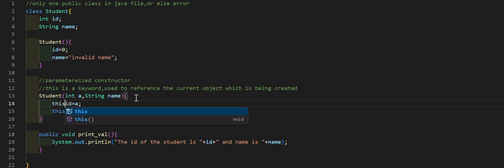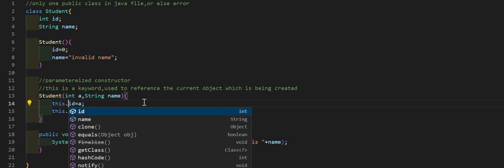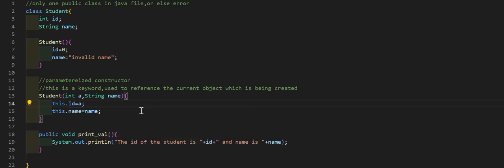I can also write this here, that's not a big deal. But it is unnecessary here because I am already giving a different name for this particular variable. So already there is no confusion. If I want to write this.id = a, that is also fine. If I don't want to write, that is also fine. Only in case of this kind of syntax, where the data member name and the variable which I will be passing are the same, like id = id, only in such cases there will be a confusion. In those cases we can write this.id.